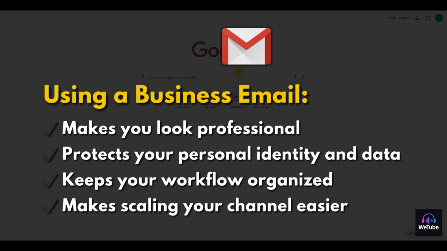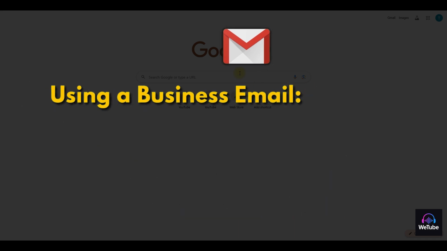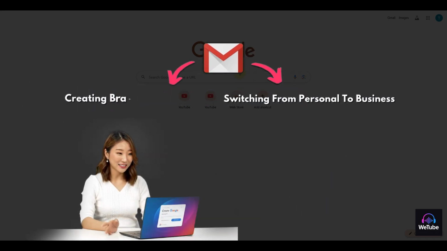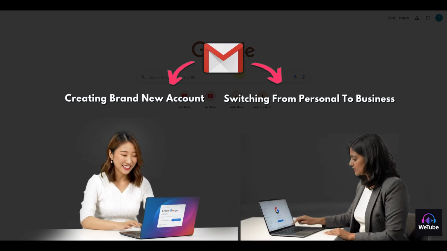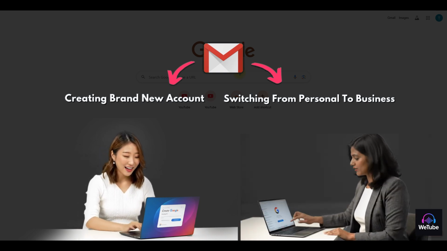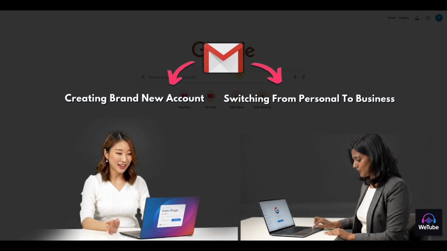I will walk you through how to set it up, but I will break it down in two different stages. The first stage is for someone who is starting from scratch to create a Gmail account. Then the second phase is someone who already has a Gmail account but wants to switch it from the personal